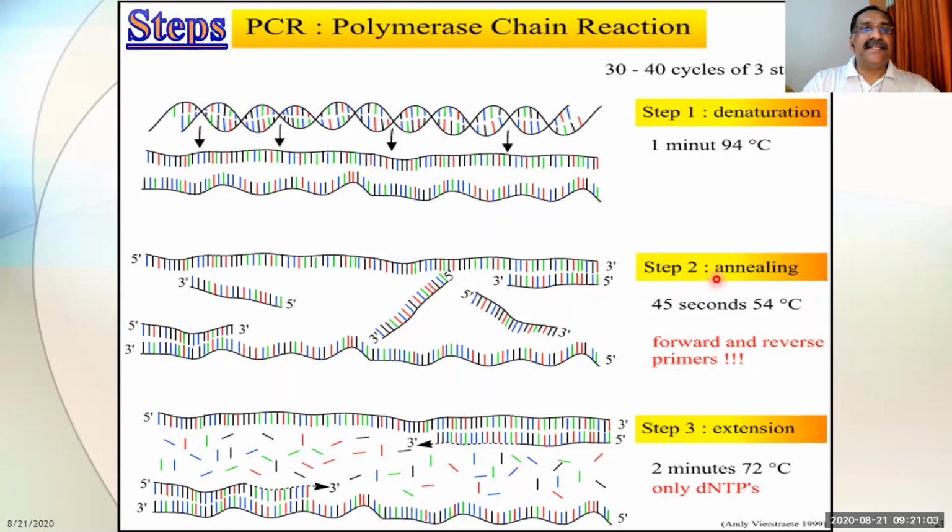Now see what the various steps are. Here the steps are given in the yellow background. There are 3 steps in polymerase chain reaction: step number 1, step number 2, and step number 3. When DNA replication, that is duplication, takes place once, we can say it is a cycle. When one cycle is completed, it means all these 3 steps have been executed. Are you following me?